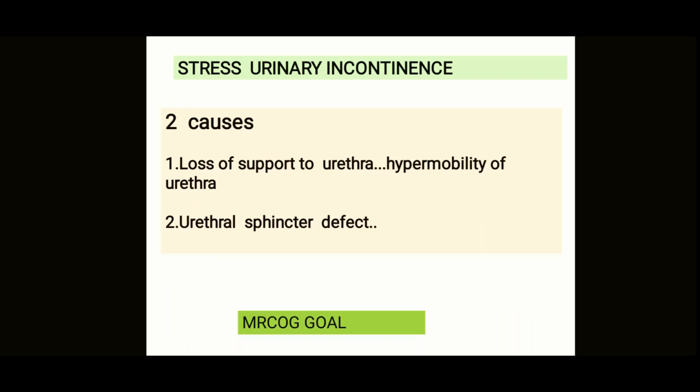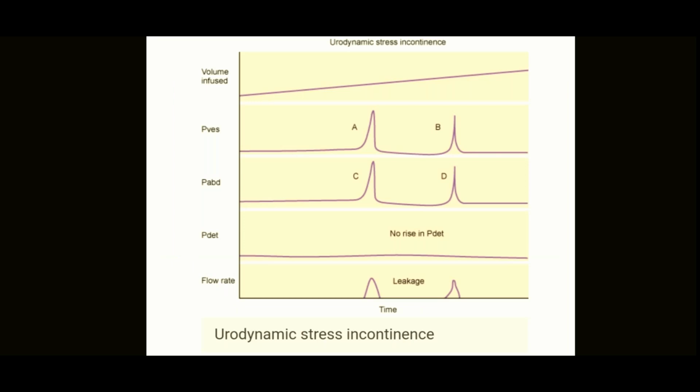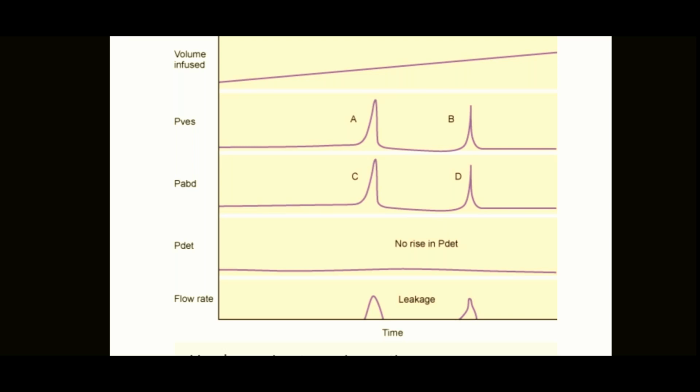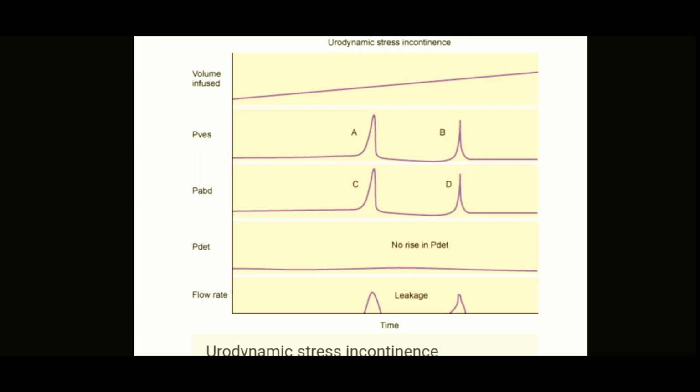Now, the different types of stress urinary incontinence, I mean, there are two causes there. One is because of the urethral sphincter defect. Now, this is a urodynamic stress incontinence. See here, in the stress incontinence, whenever there is an increase in the pressure of the abdomen, there is an increase in the pressure of the bladder, and this generally can happen, but it doesn't cause a leak of urine. And whenever there is a leak, then we call it stress urinary incontinence. Whenever it occurs because of coughing in the clinic, and we do it for the sake of urodynamic testing, when it happens while doing the testing, we call it urodynamic stress incontinence.